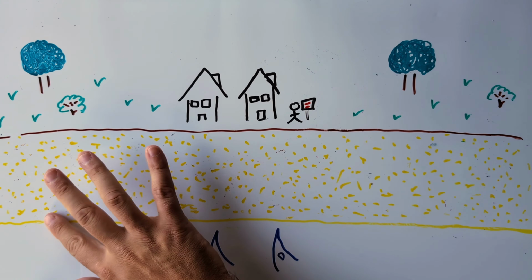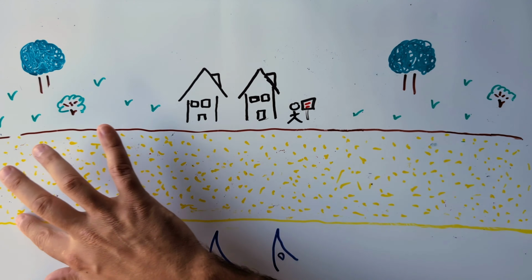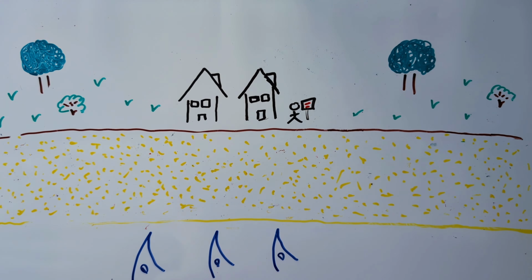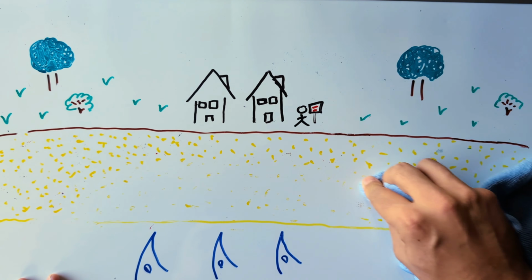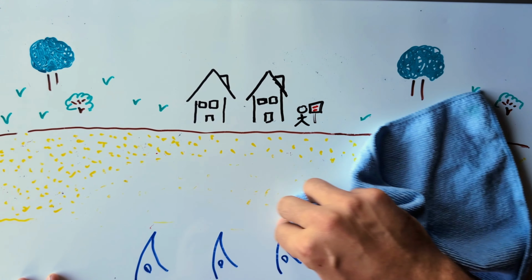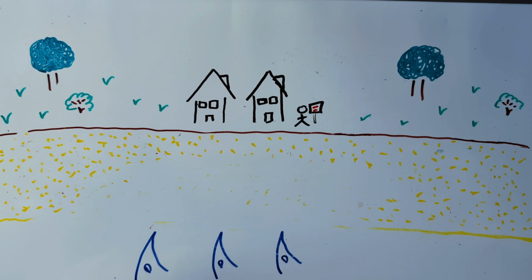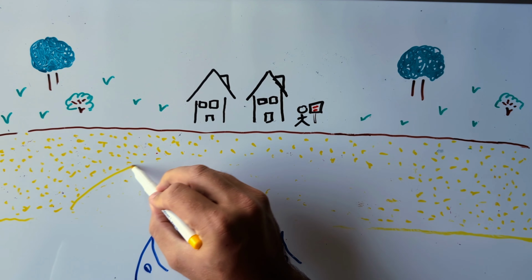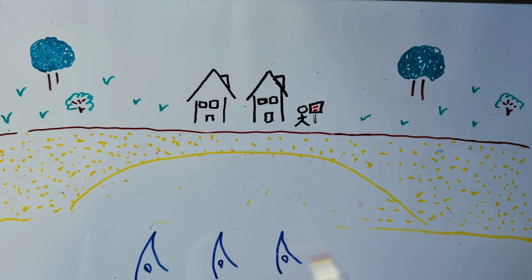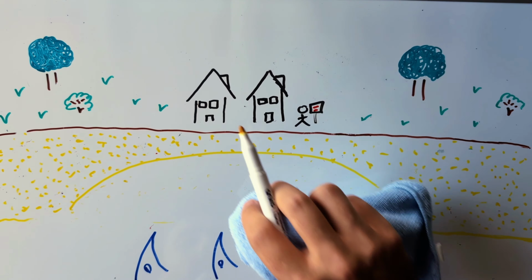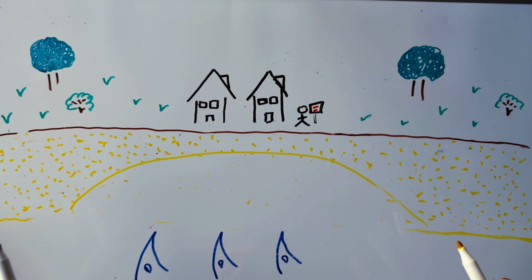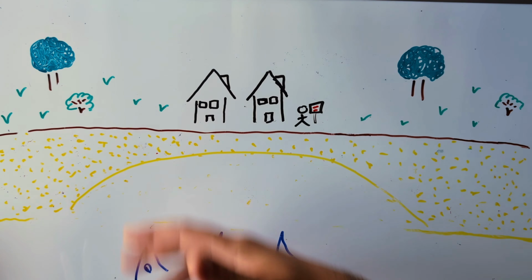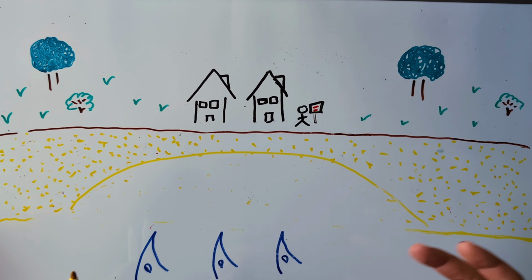And eventually the beach will be eroded. Over time, this beach will slowly start to disappear until the waves are attacking the coastline, and eventually these homes will be eroded into the sea. Now, why would you do that? Well, one, this is the most natural thing you can do. It's the least disruptive to the environment. And